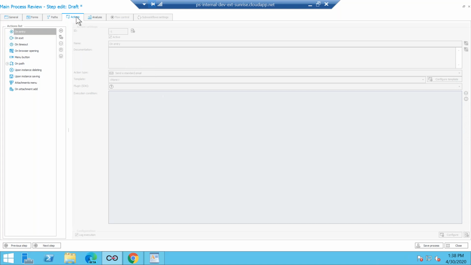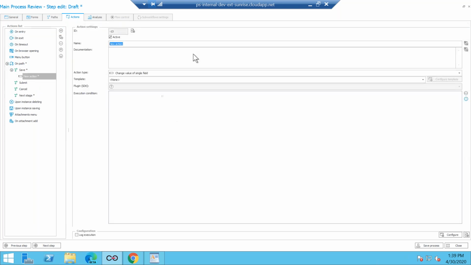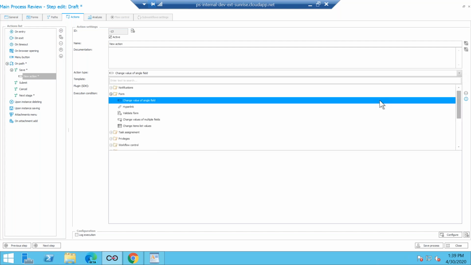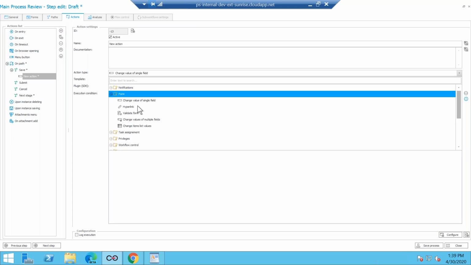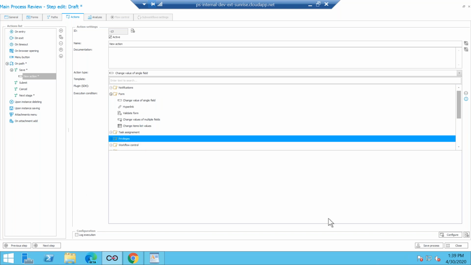Send a notification to my, I don't know, CEO that a new request is being made, whatever you want to do, you can start adding actions. You can start clicking on the path. It's very simple, and you have some options right here. When I click submit, I want to change a single field value, or you have so many options right here.